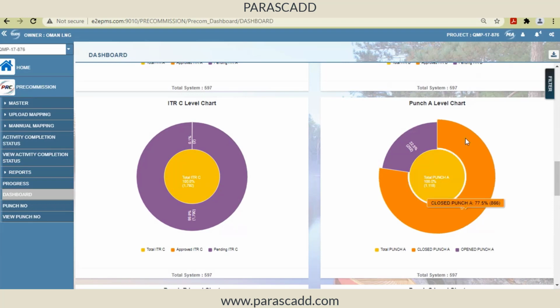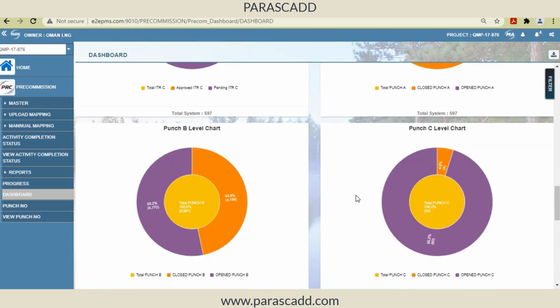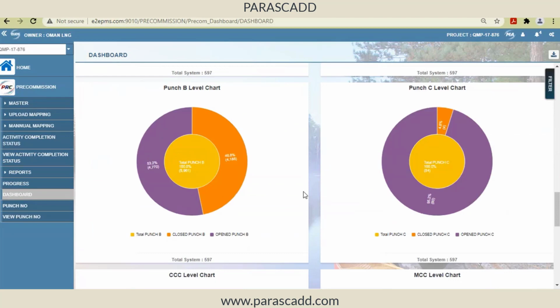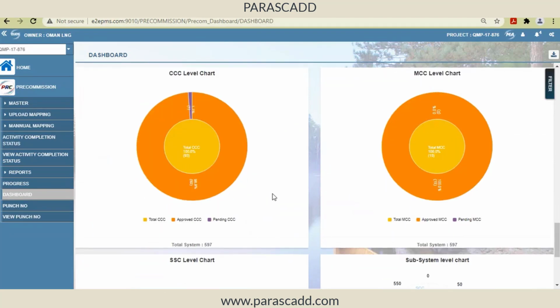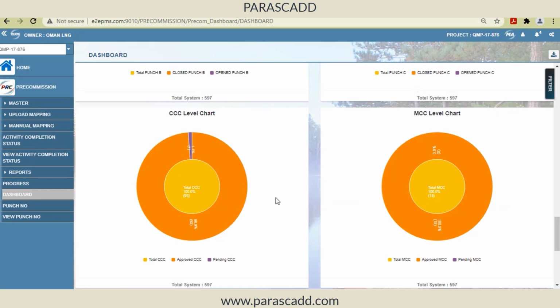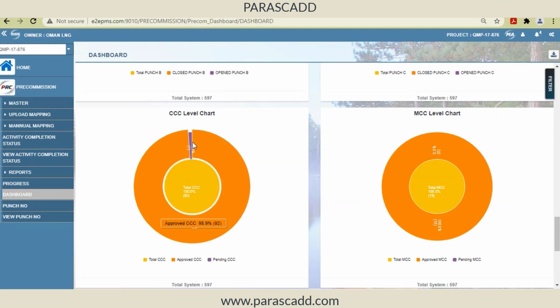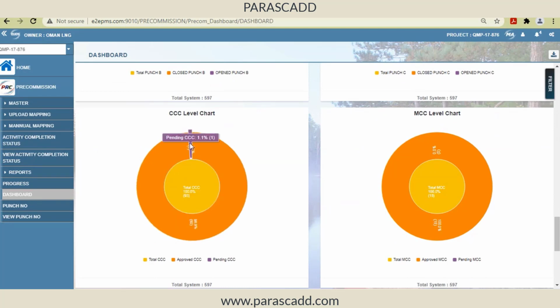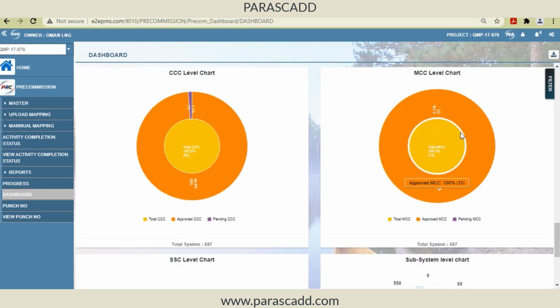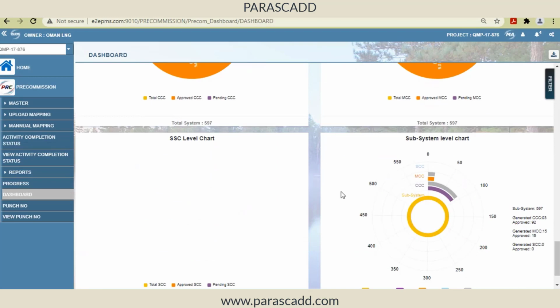For CITRs, and for A category punches, how many A category punches are there and how many are closed? Okay, B category. So representation in terms of bar, in terms of charts like this, and in a similar way, out of total CCC, how many subsystems I have completed. So you can see the progress and pending, approved for MCC and for SCC.